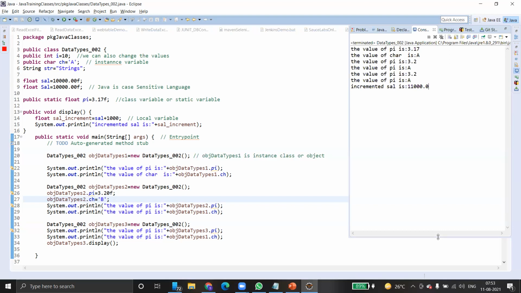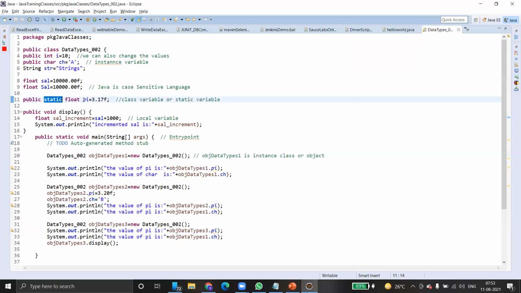Okay, I will explain. Whenever you use a static keyword, this variable acts as a class level variable, also called a class variable. That means once you create a new object for the class and change the value, it will maintain the changed value from then onwards.